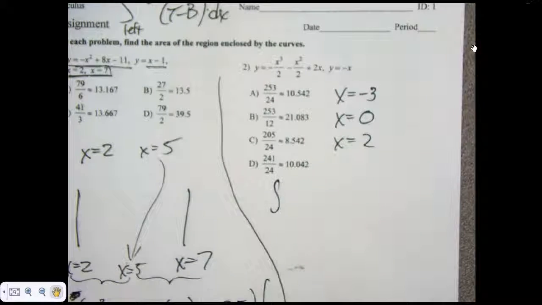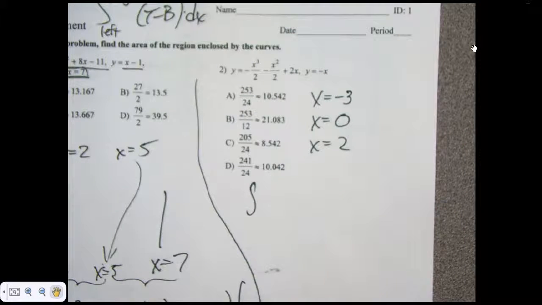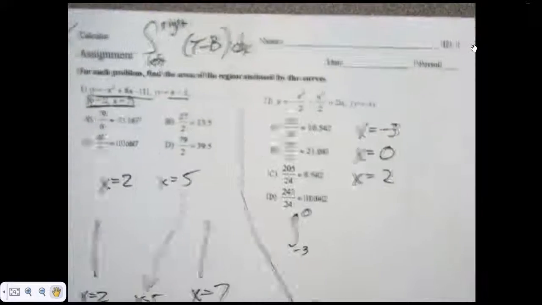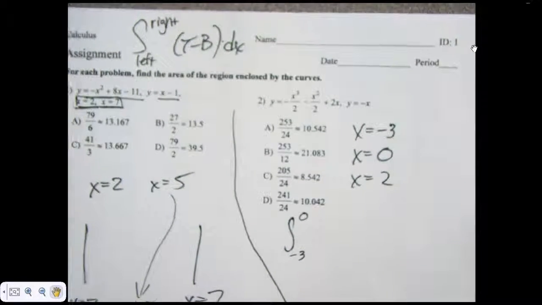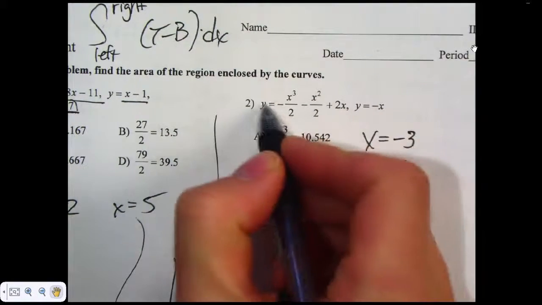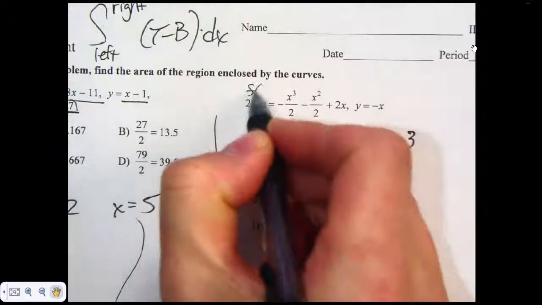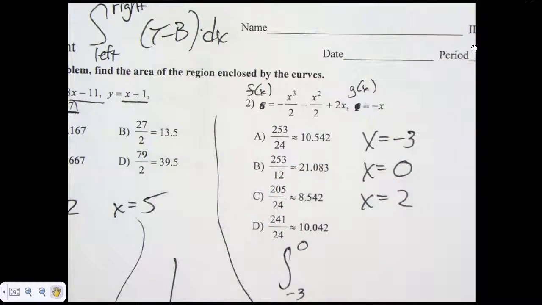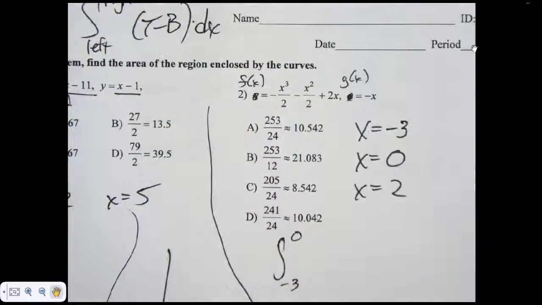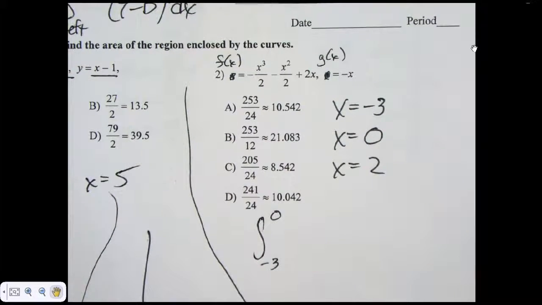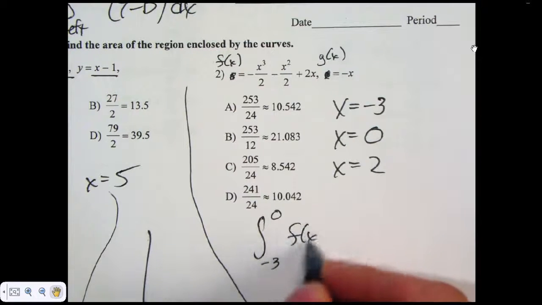So my first integral is from what to what? -3, 0. Here's another trick you can use to make the writing out of it much shorter. I'm going to go up to the top. And when you get this on the AP test, this won't be y. It'll be like f of x. And then this one will be like g of x. So for now, you can just replace those on your own, just call one f and one g, and then what you are allowed to do, instead of writing that entire equation, is I'm going to go, okay, f of x minus g of x